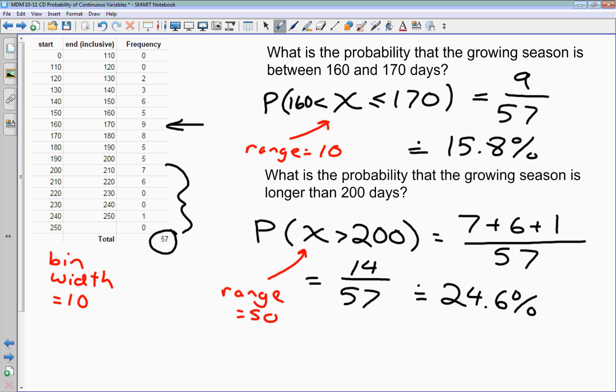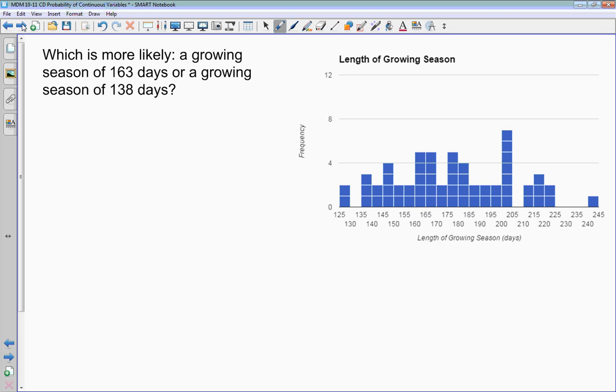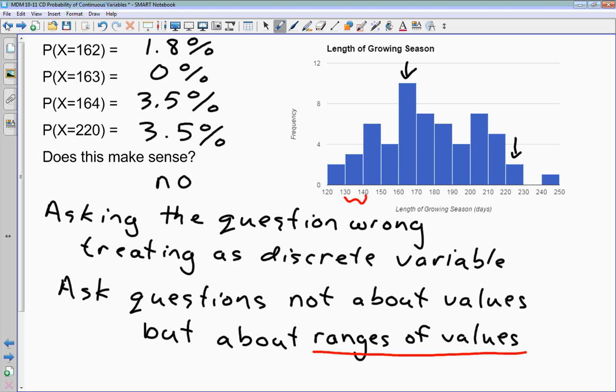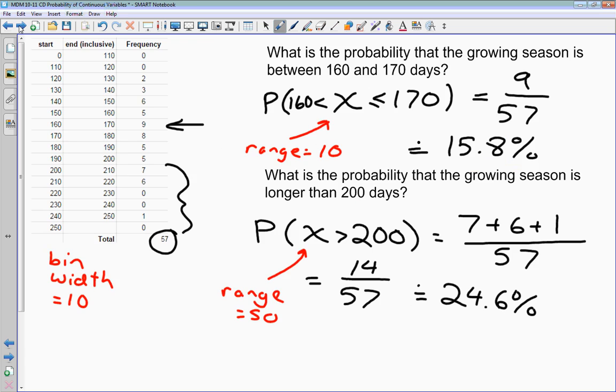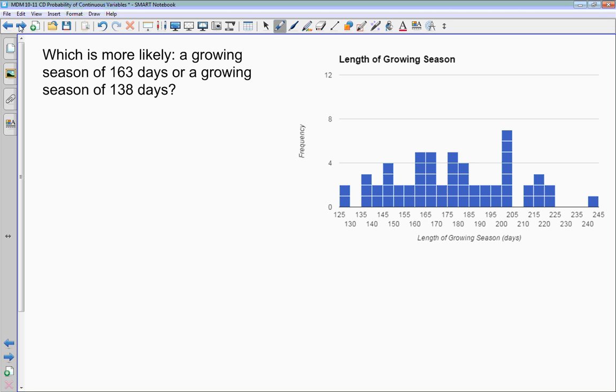Okay. So let's do a question where we are actually comparing probabilities here. Which is more likely, a growing season of 63 days or a growing season of 138 days? Okay. And to answer this question, we're going to use this histogram that I've made here using the same data. Notice that I've changed the bin width here, or the bucket size. Okay, so I've decreased it down to 5 days. So that changes what the histogram looks like. Our other histogram here has a very nice, a little bit smoother distribution with a pronounced peak in the middle. This one here is a little bit more jagged, but